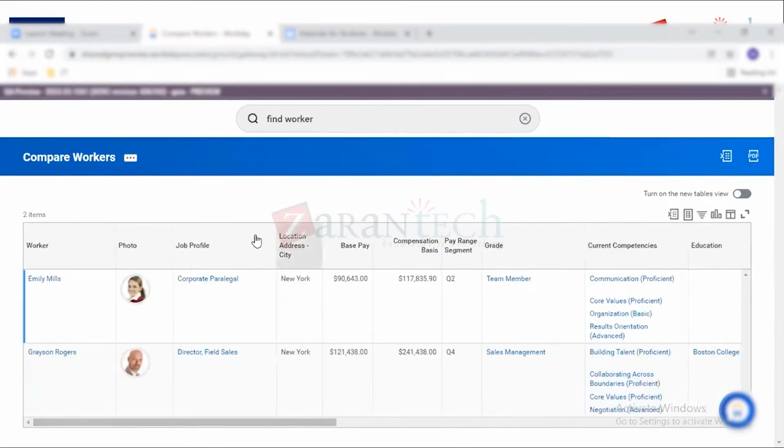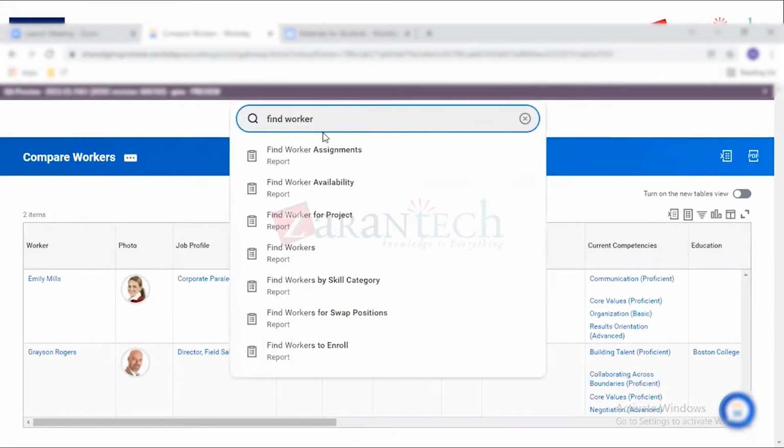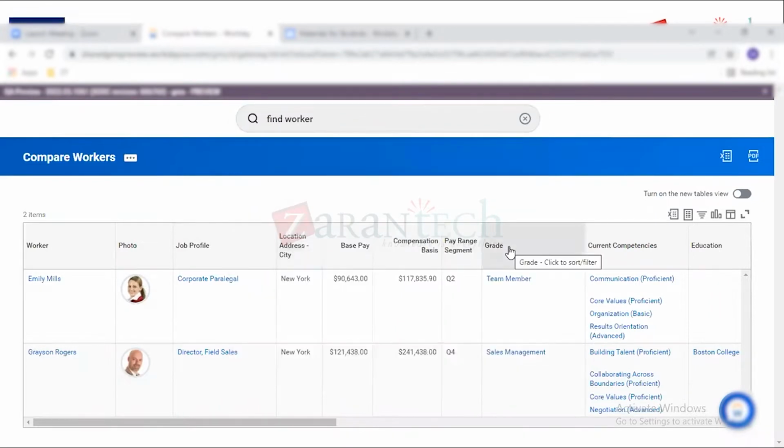Okay, and you see that, guys, this is a delivered report and you can see the quality of the report. Did I make any programming changes or any kind of settings? No, this is a delivered report and I can play around with it. Okay, so again, let me go back to Find Workers report, and this report is very handy when